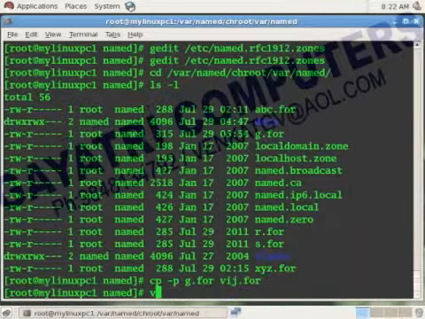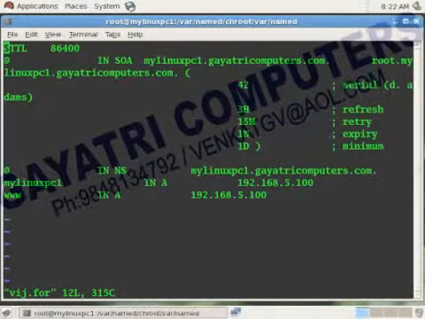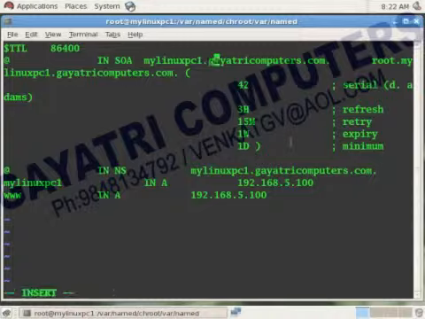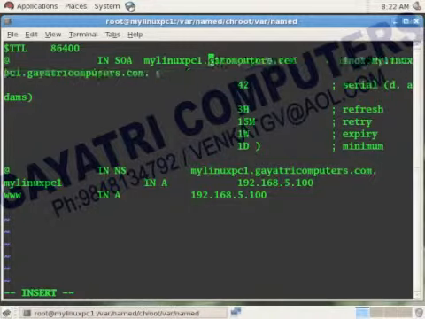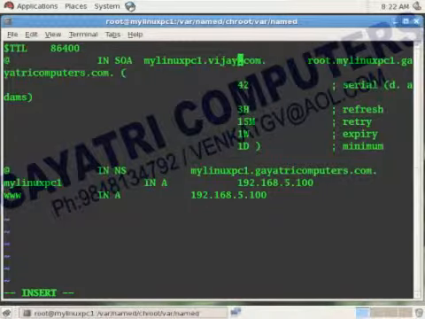Now open this file with vi viz.per. Wherever gayatricomputer.com is there, you can change it to vijay.com.